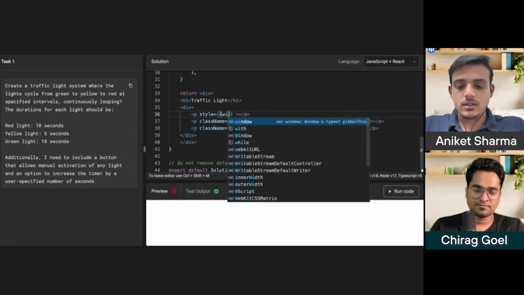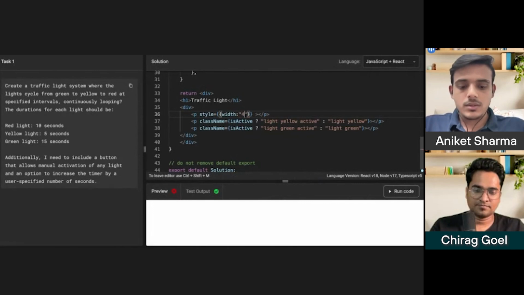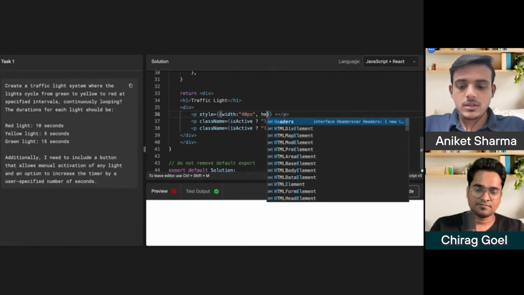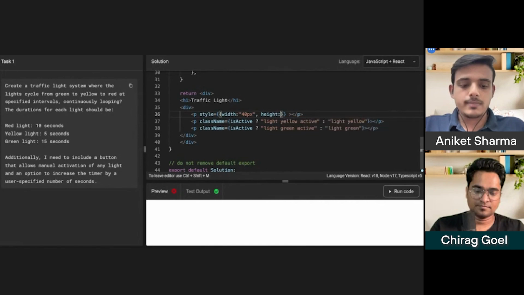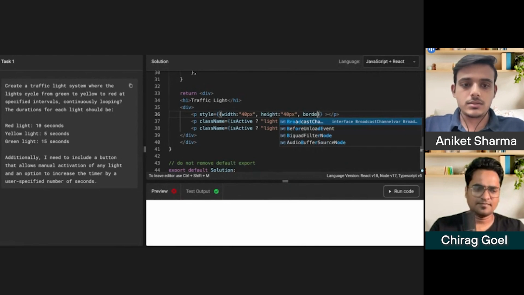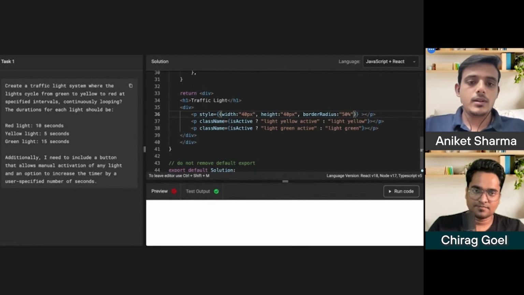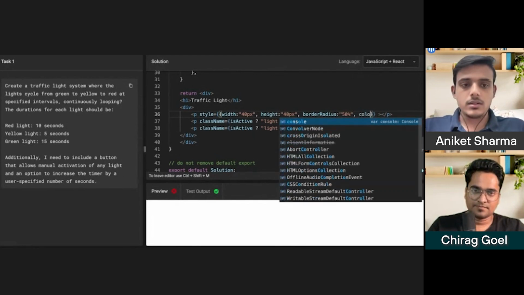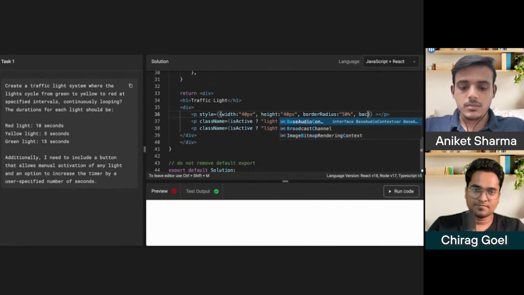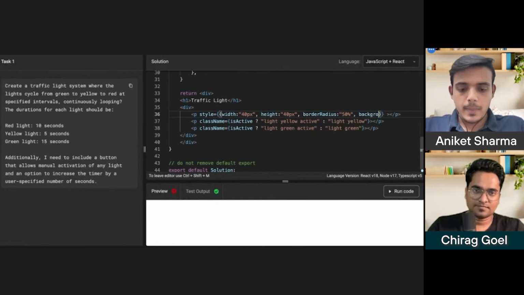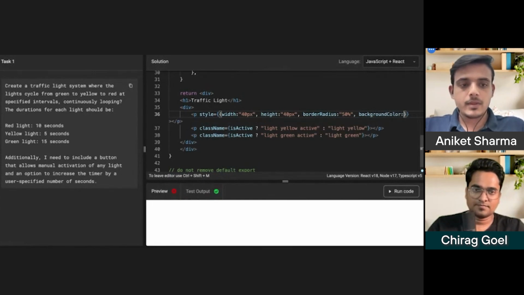Okay, let's start. So width would be 40 pixels, height would also be 40 pixels. Then border radius, as mostly they are circular, so border radius will be 50%. Now the background, as this is the red light, so it would be red.